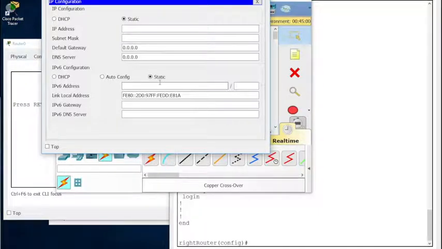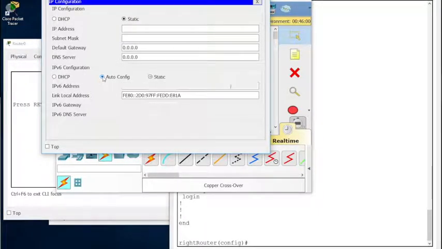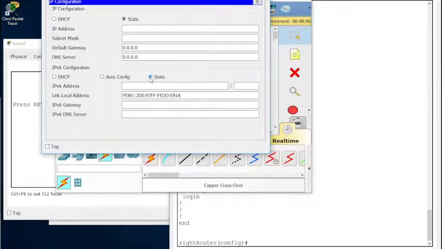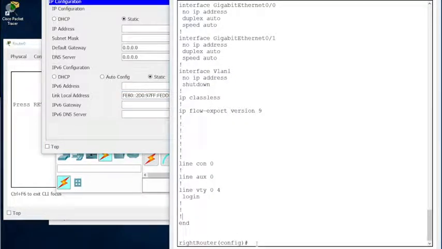Here I have PC0 with no configuration other than its automatically generated link local address. Remember, we can always see that by the FFFE here in the middle of the host portion, using just the link local prefix and then creating the host address from its MAC address. So that's all good. Now then, the first thing we're going to do is go into